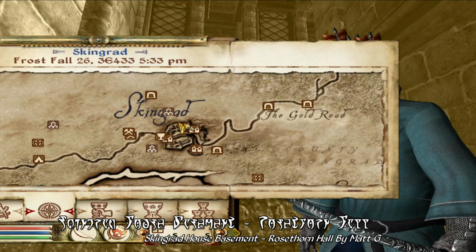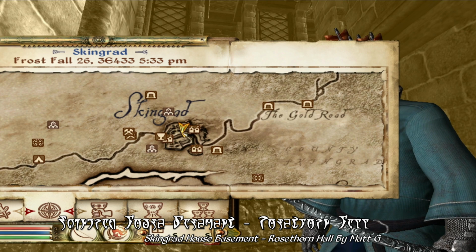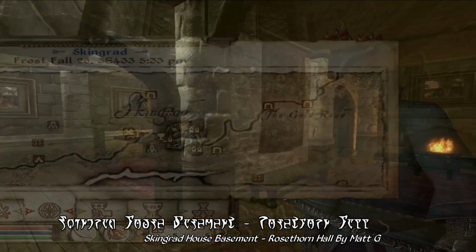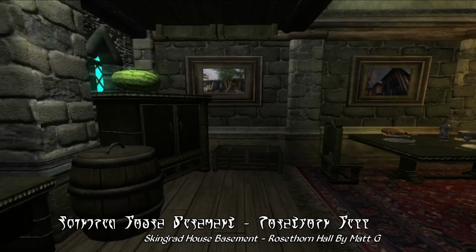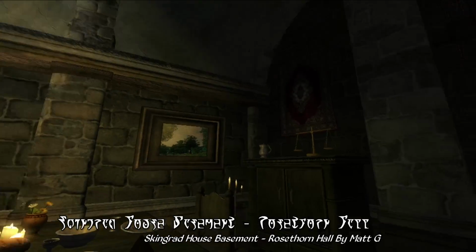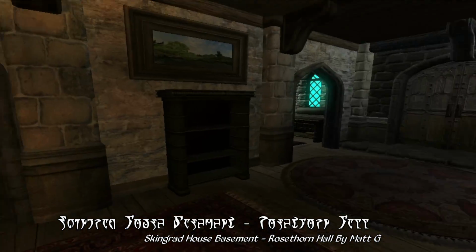But of course, let's just take a quick look at the map here. Rosethorn Hall does not have a map marker, but it is right next to one of the city gates. So it's pretty convenient overall with a really short commute to get to anything. And going inside, you'll find a pretty large manor, including an entry hall with a roaring fireplace, a dining room off to the side, with display cases and shelves, not to mention an upstairs balcony that